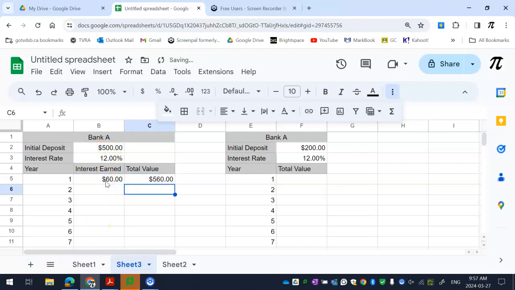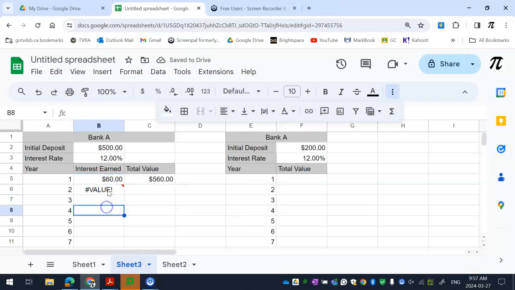Okay, so usually the first one and the second one are different here, right? So now let's try to think this through. My interest earned again will be simple interest. You don't earn interest on the interest. So what I'm going to do is earn the interest on here. And if I pull this equation down, you might think it's going to work, but what happens is